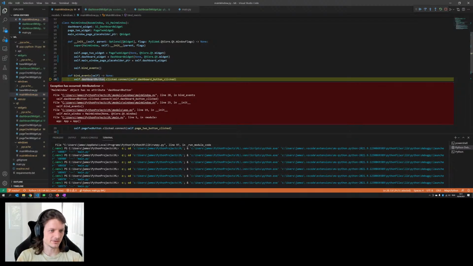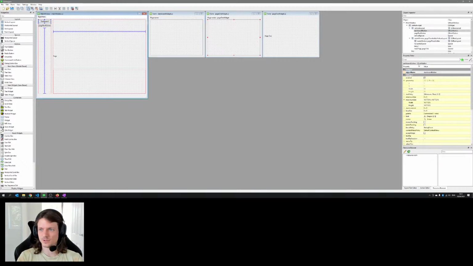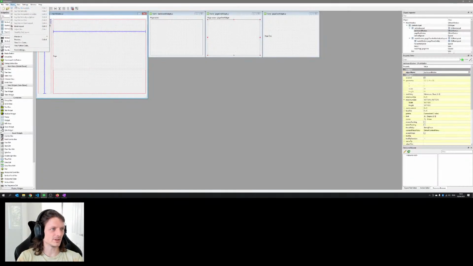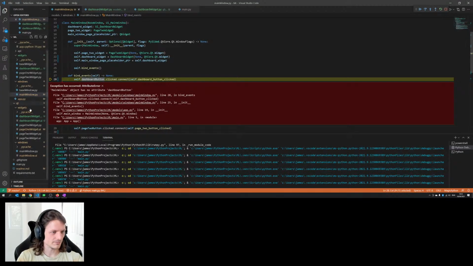I guess this doesn't exist. Dashboard button, so let's go to my designer. Dashboard button does exist. But I need to recompile this, so in fact, let me see if I can save some time here. View Python code. Yeah, let's just do that instead. Main window .py.